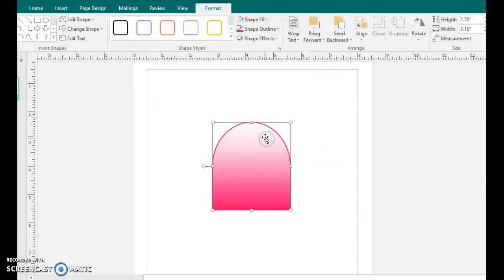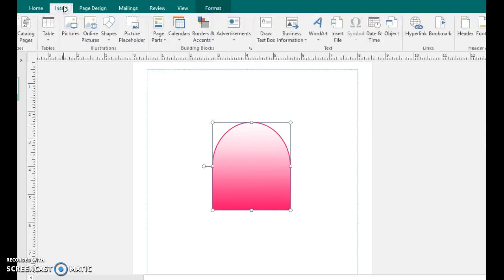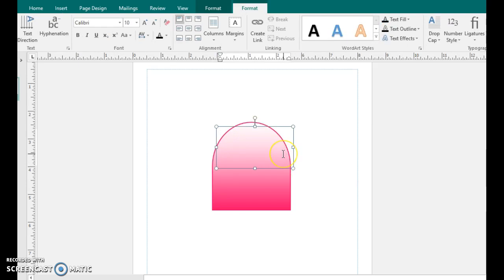Okay, the next thing I'm going to do is add some text. If I wanted the name of my restaurant or establishment to be on the logo, one way is to go to the Insert Ribbon tab and simply draw a text box. You're going to click on Draw Text Box and come down to your document and click and drag like you are drawing a rectangle. And the name of my place is going to be Tasty Sweets. So if I type in the word tasty,